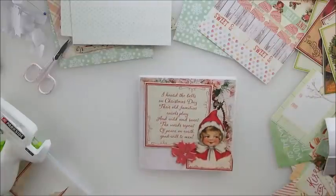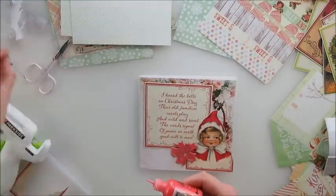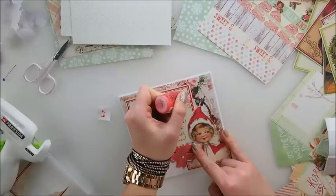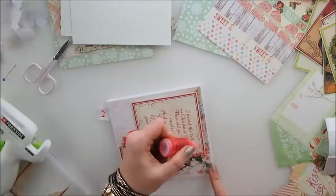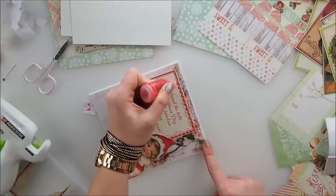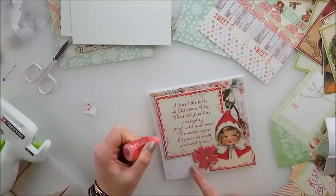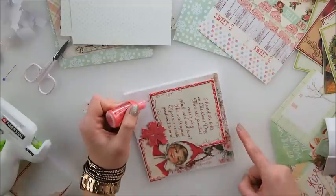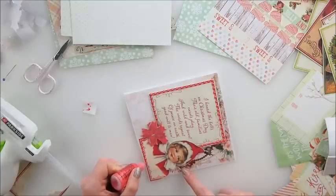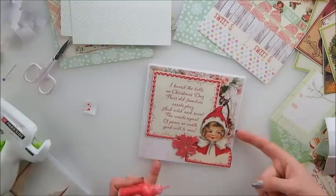And I will finish that with liquid pearls, because they add these little touches, and I like to finish my cards with them when I feel there's something small missing, a little interest is not there. Liquid pearls are the perfect answer for that, and you will see I will use quite a lot of those. It's a good investment. And they last you very long, unless you're making I don't know how many cards per week. But they still will last you. I know some of the colors I have are still fine after 3-4 years of creating,